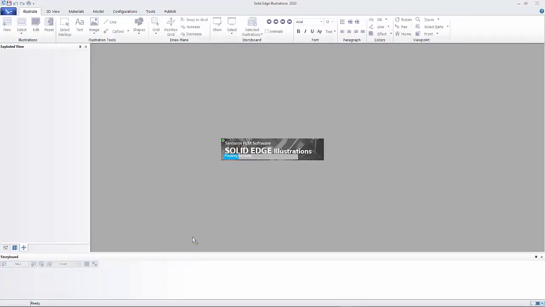So as it comes through, you'll see that it's preparing the model, and that just generates the configurations and the model views and places them onto the storyboard down the bottom, and that can be used to generate the